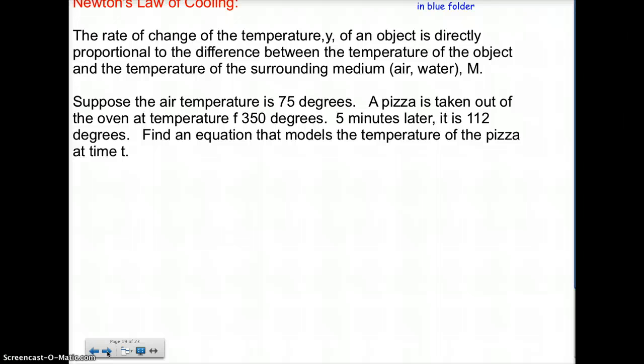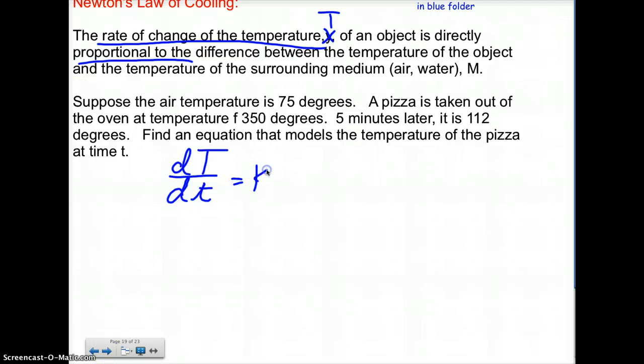So we're going to move on to another interesting problem that's similar, not exactly the same, but we're going to apply what's called Newton's law of cooling. What Newton's law of cooling says is that the rate of change of the temperature, and I'm going to change this to capital T, I like that better than using a Y. So the rate of change of the temperature of an object, well, let's write what that means. The rate of change is the derivative, and this is its temperature changing over time. So the rate of change of the temperature of an object, again, is directly proportional, which is a k, some